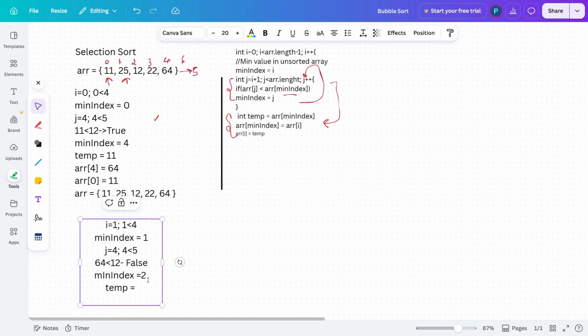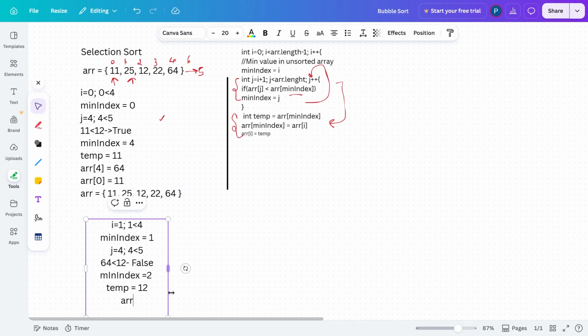Temp equals array of minimum index. So array of 2, at 2 what do I have? 12. Next, array of the minimum index, which is 2, is array of I. What is the I value I have? 1. So 25 would be placed at the second